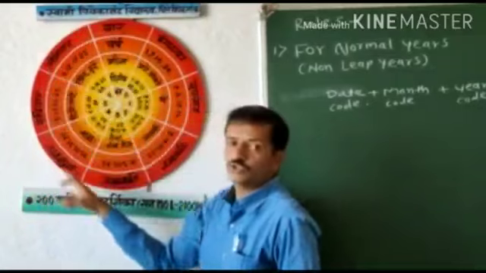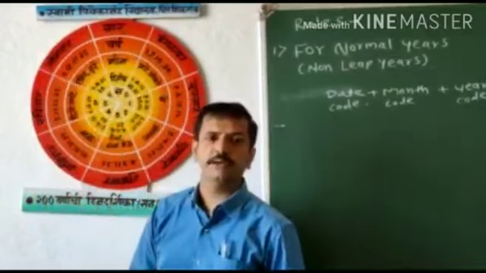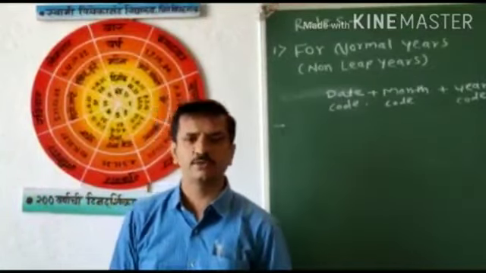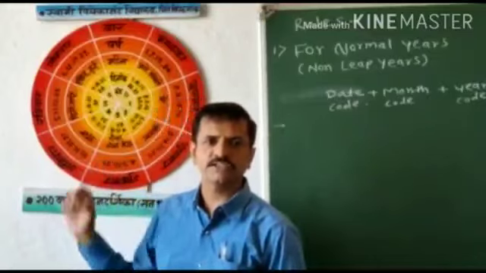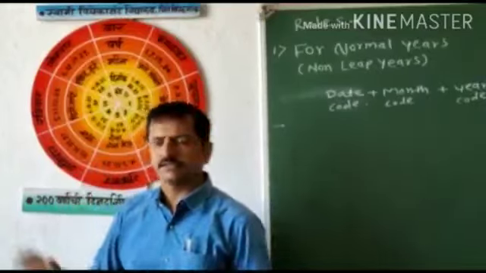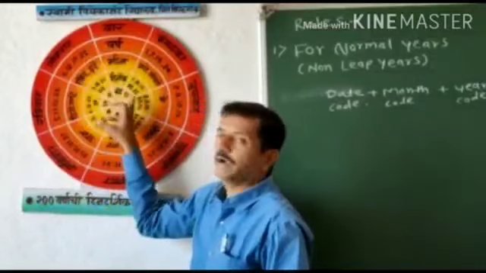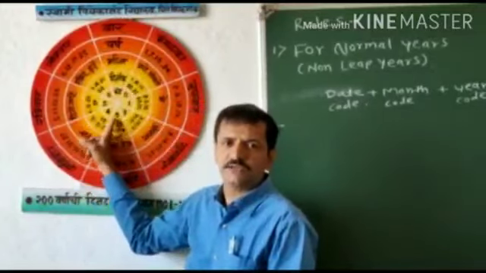This calendar is used for finding the date between 1st January 1901 to 31st December 2100. This calendar is mainly divided in 5 parts. In that, first part one is